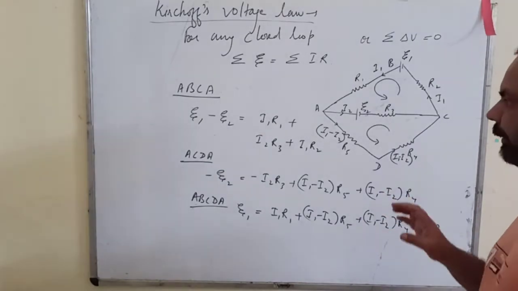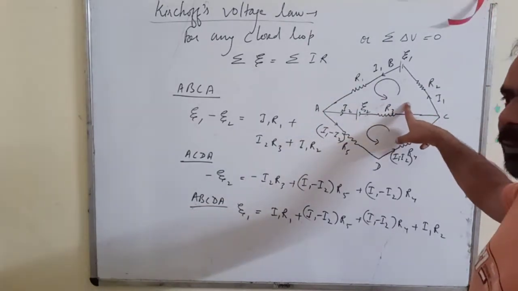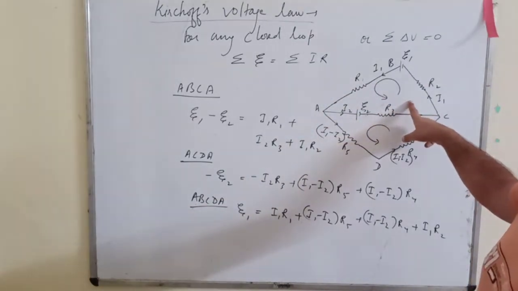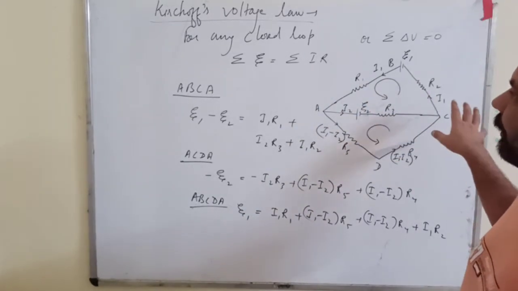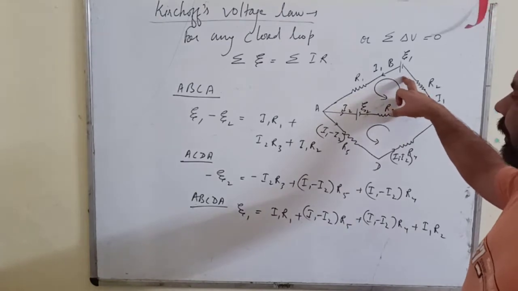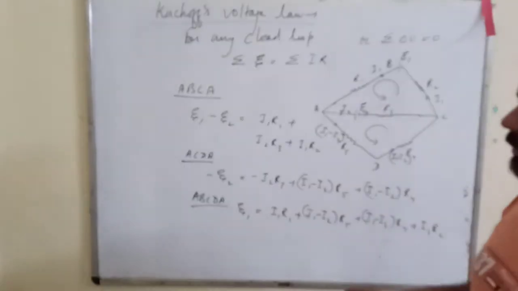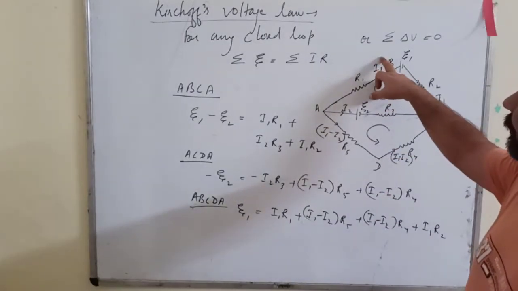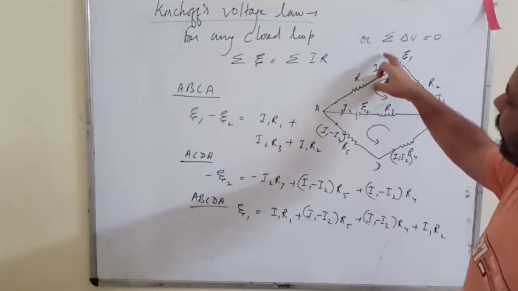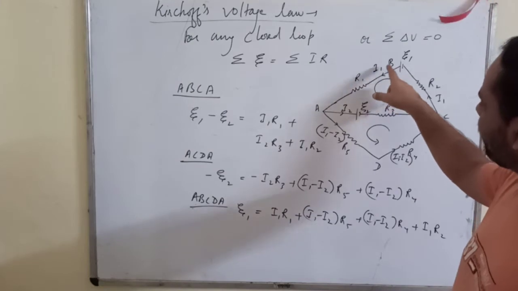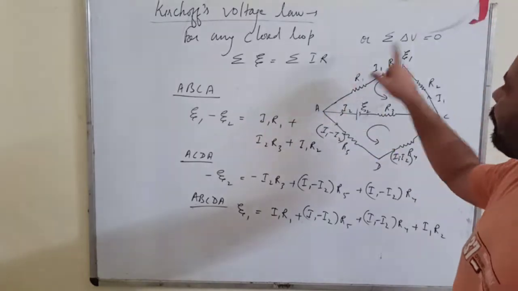This is the method. Just you have to remember, again I am repeating the points. Identify your direction, you just mark any direction as the positive direction. Mark the electric currents from any side. Means I have not considered anything that B is at higher potential or A is at higher potential. When you solve the equations, finally, if you get the value of I1 as a negative value, then it simply means that the direction of current you have marked in the circuit is from B to A, but actually the current in the circuit is flowing from A to B.